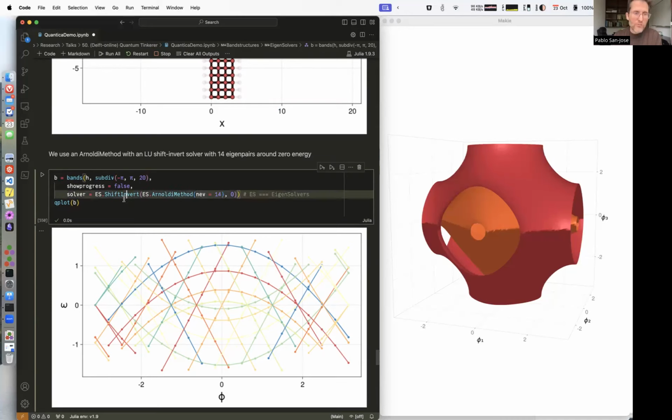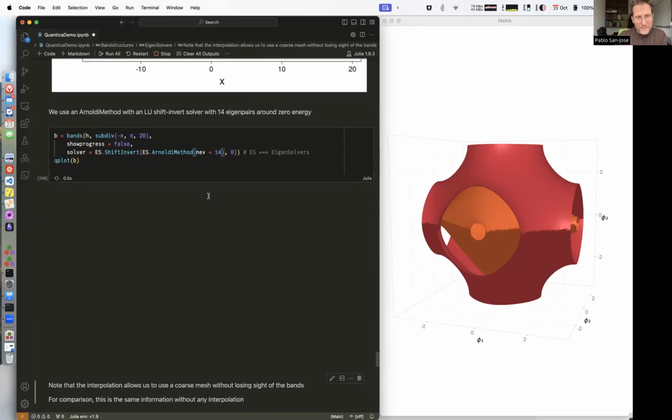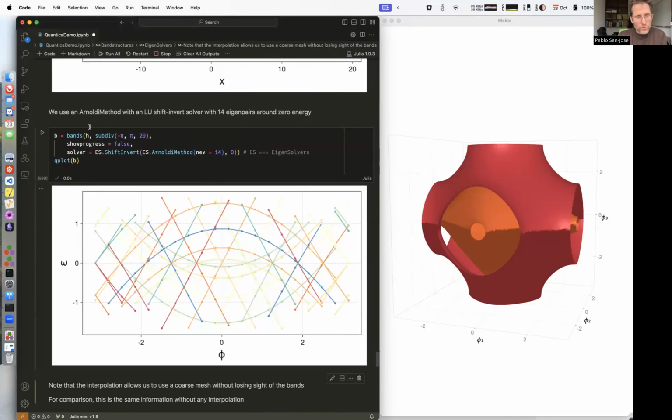But I'm going to wrap it up in a solver called shift invert around energy 0. So it's an internal eigenvalue problem now. So you do that, and you plot it. You see you have this bunch of 14 eigenvalues for each of the phi phases. So the subdiv here. Now,